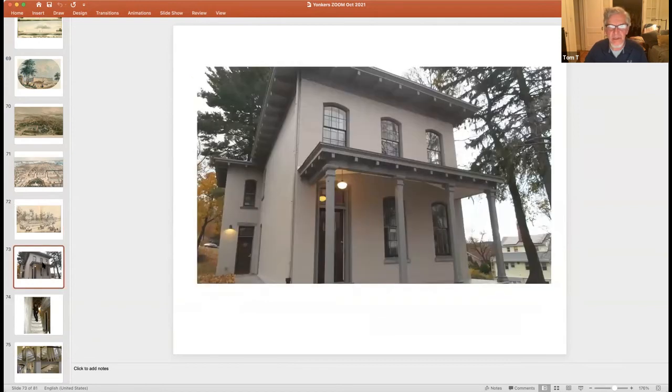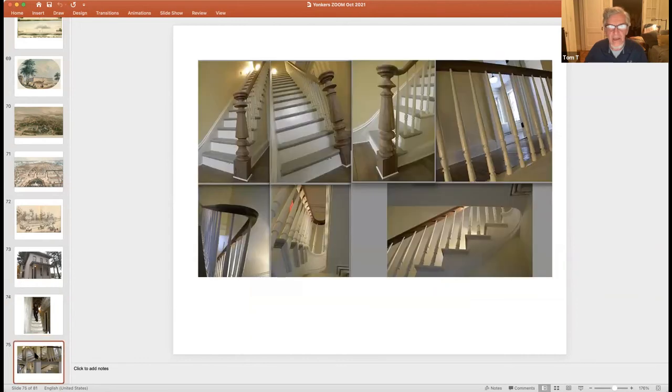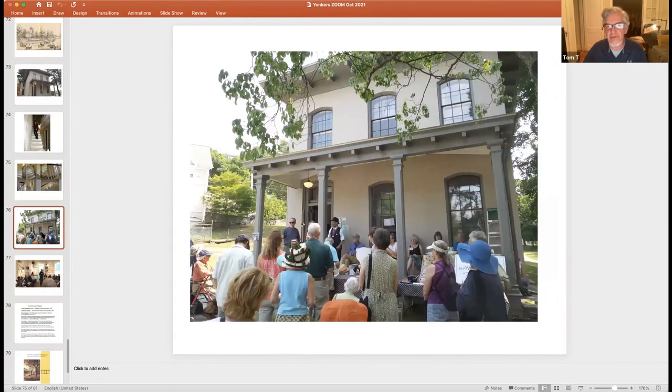Going back to our keeper's house in Dobbs Ferry, I wanted to show you a little bit about what it looked like before we renovated. An interior view of the staircase, minus its railing, and with all the crumbling plaster on the walls and ceilings, which had been crumbling since the 1960s, finally gave way when we renovated the building to the rebuilt staircase and a new newel post, for which we found a model in the Ossining keeper's house. And then a skilled woodworker copied the newel post at the bottom of the staircase when the house was renovated, which we also celebrated,